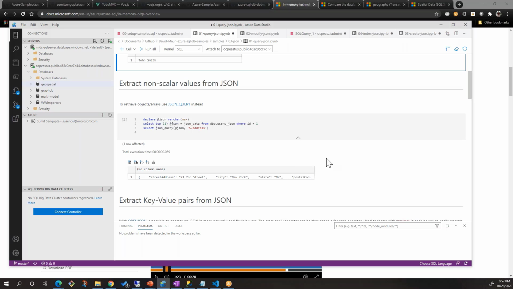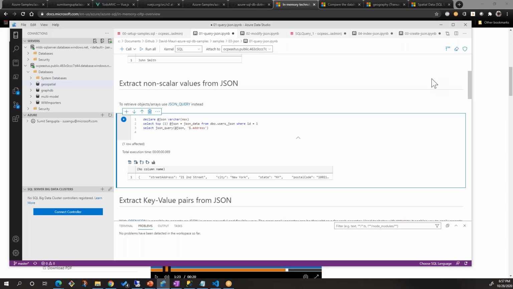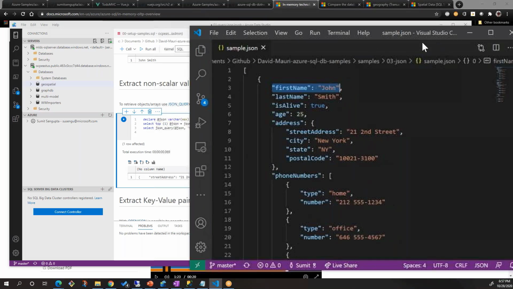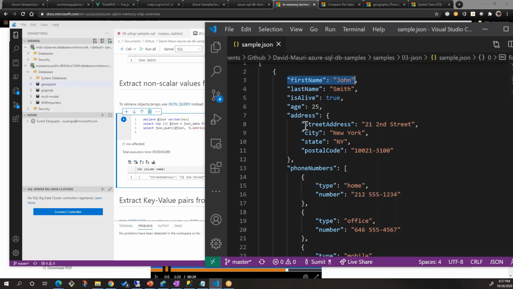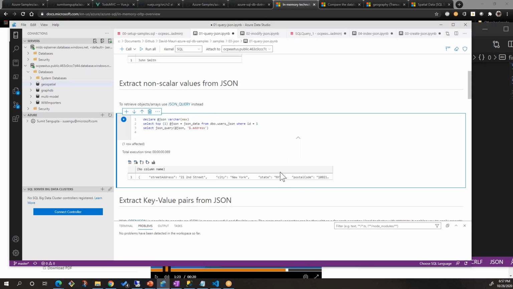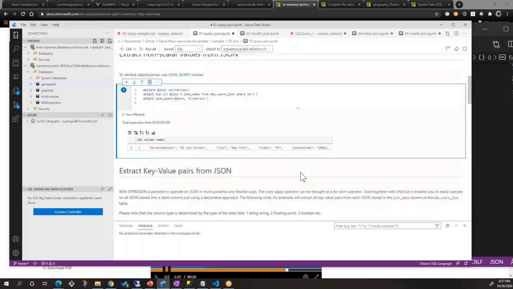So when we say address, this is the address part of the document. Inside the document, we have a sub-document, and that sub-document is what we're interested in. And it pulls the sub-document for John Smith.